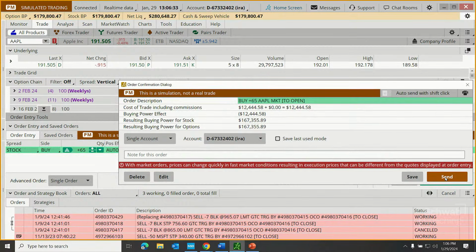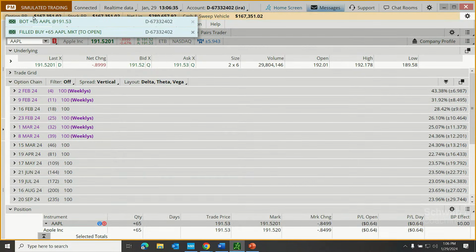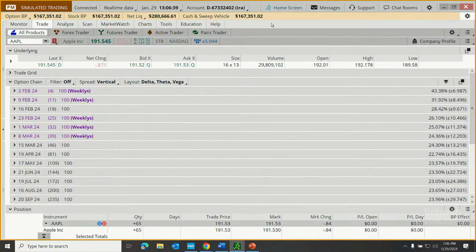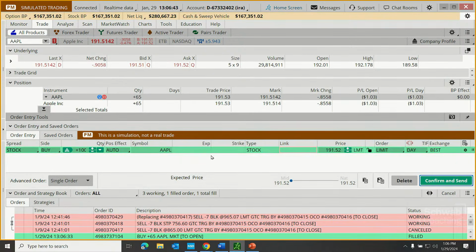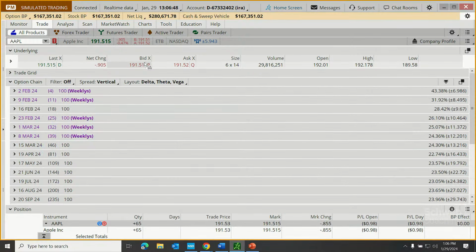So let's send that order off. So to place that order, there we go. We just bought 65 shares of Apple. You see how quick that was. Trade tab, enter your symbol, click on the ask price, make your customizations, confirm and send, and we're in business, okay? Now we could do the same thing to place a sell order, except